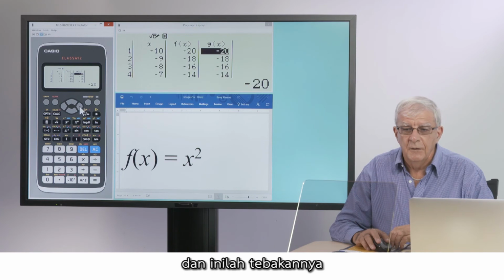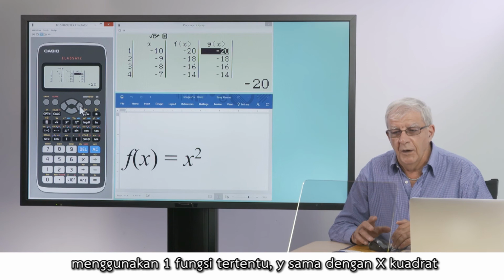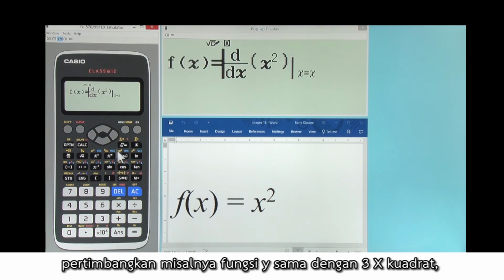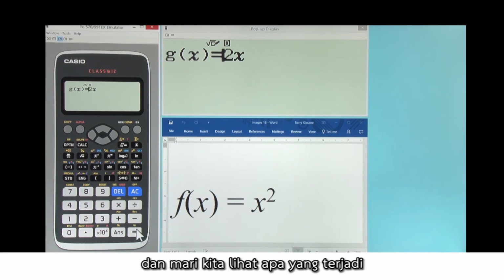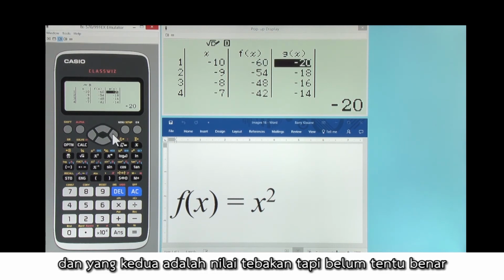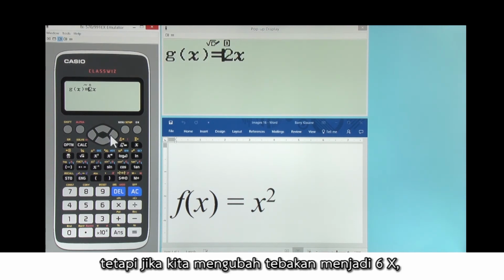might be. So we've shown these learning possibilities using one particular function, y is equal to x squared. But the ideas can be explored with other functions as well, of course. Consider, for example, the function y is equal to 3x squared. And let's see what happens. The first one is the derivative, and the second one is the guess, but no longer is it correct. But if we were to change the guess to 6x,